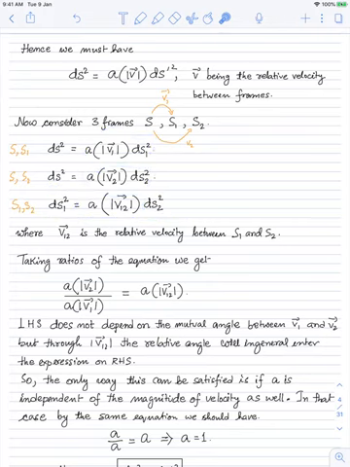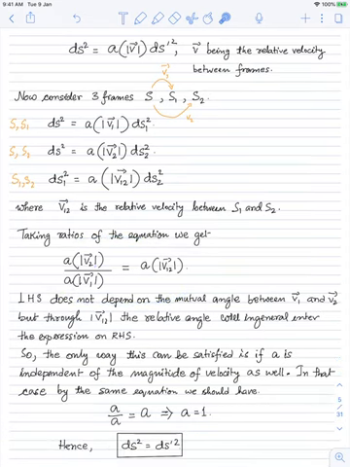So if I do that, I will get this relationship in terms of the proportionality constants, which can depend on the magnitude of the velocities. But if I write it this way, as you can see, on the left hand side only the magnitudes of v1 and v2 enter, and their relative angle does not enter. But on the right hand side, the magnitude of the relative velocity between s1 and s2 enters, where of course